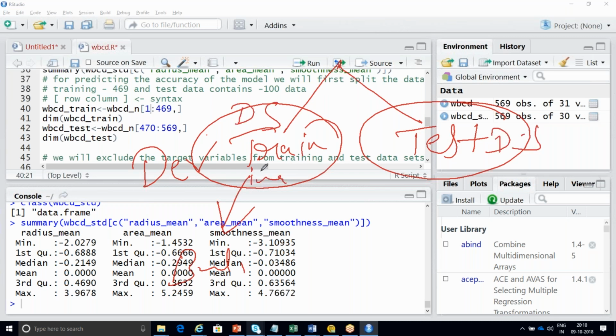The training data set is used to build your model. The test data set is used to test your model. So now we are having approximately 569 observations. Here I'm going to show you in a simpler way how we can do the split. I'm not going to use any inbuilt function, so in a simpler way,